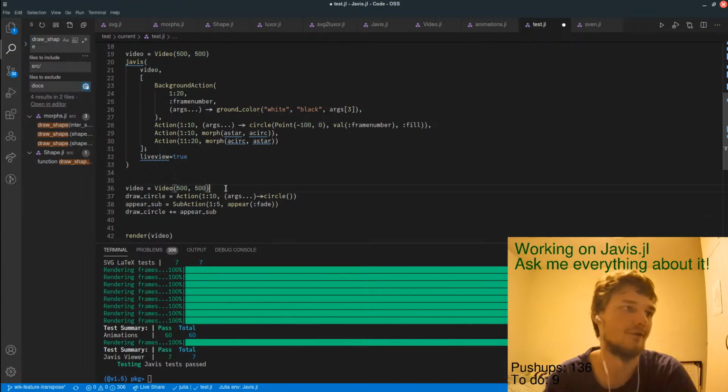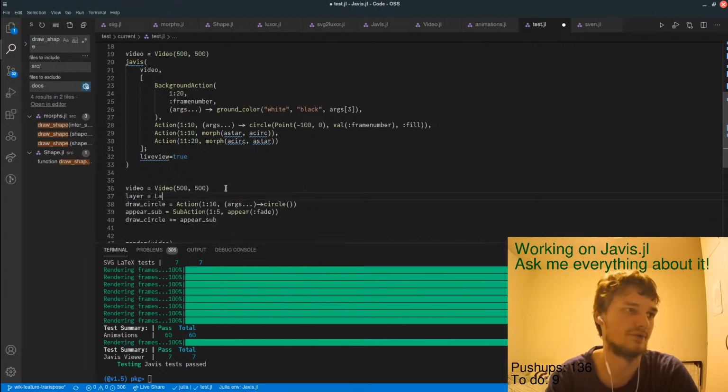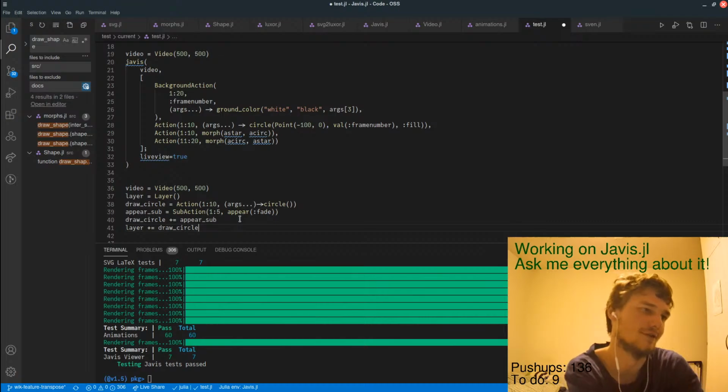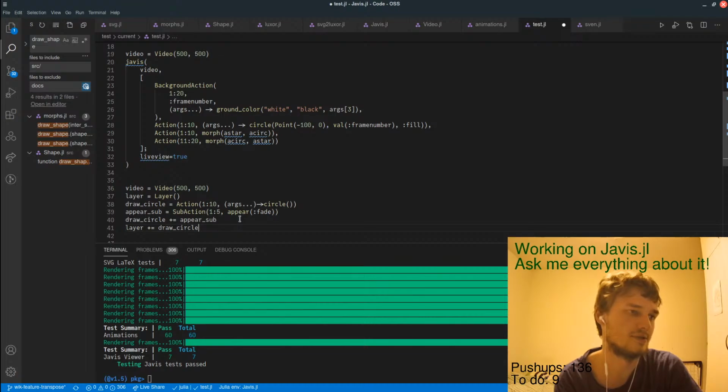And then for the layer, we would have something like this, and then have layer draw circle, and that's added to the layer. I don't know whether I'm a huge fan of this plus variant, to be honest.